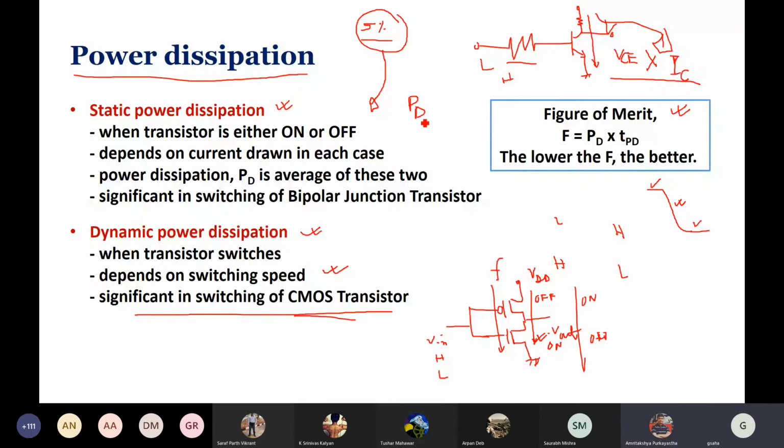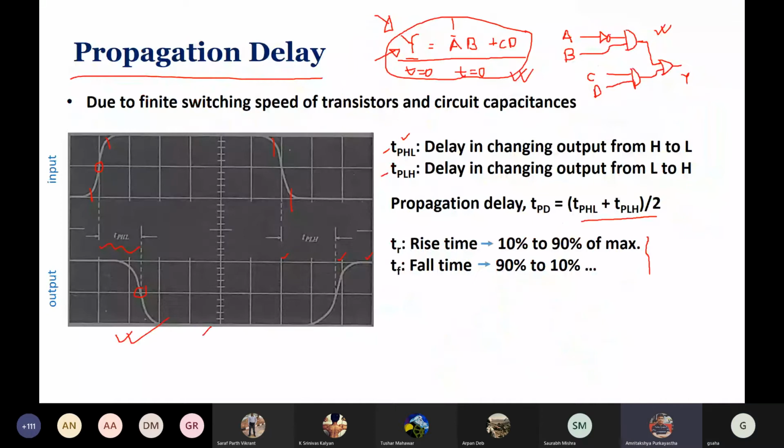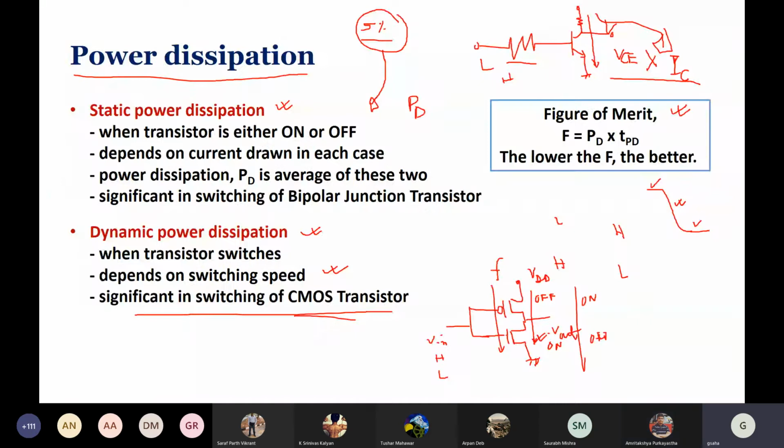So the propagation delay is related to RC, the time constant, because there are capacitances across this junction. Keeping the capacitance constant, if you reduce R, these capacitances are constant, of course. These are the junction capacitances, where the drawing that I'm doing at the load at the input side. The time constant, the propagation delay, should decrease. Very good, very good.